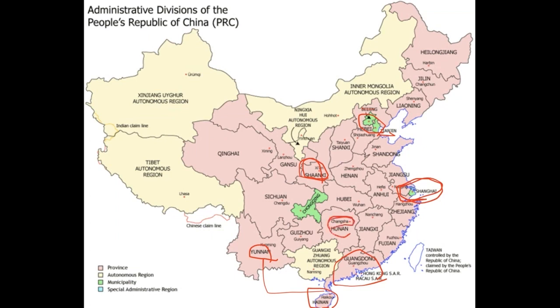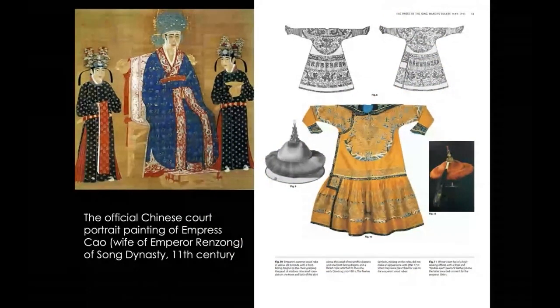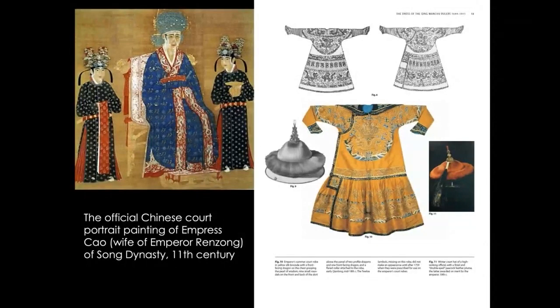I want you to remember this town, Changsha. This is also a dry land. So we are going to see a set of garments and fabrics from the Changsha area as well. So in terms of social class, of course, we are going to study a lot of imperial robes. Why? Because a lot of them were pictorially represented in portrait paintings or ceremonial paintings, and also many of them, especially later from the Qing dynasty on, are preserved in museums.